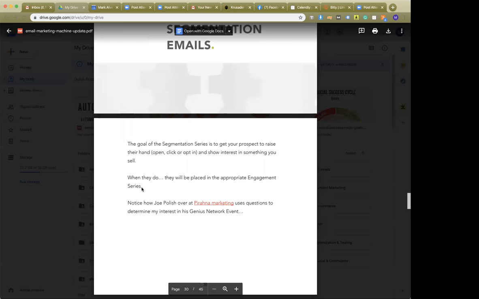So like I said, in the engagement emails, you put multiple links in order to A/B test different types of content or different types of offers to see what's most appealing, or to identify what problem you can really help solve within your market. This is what segmentation emails are for.